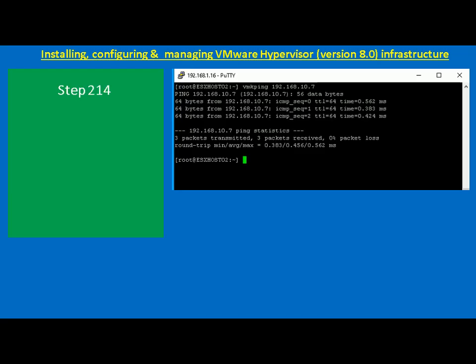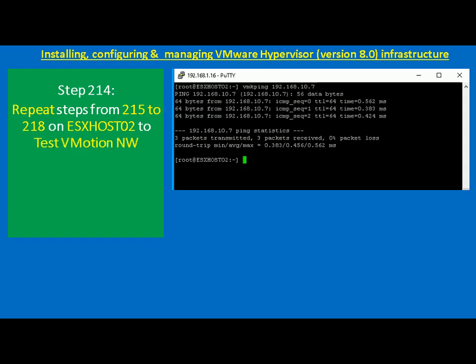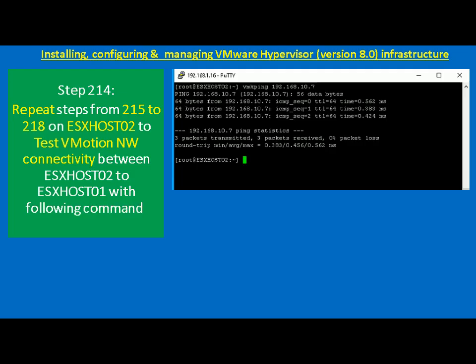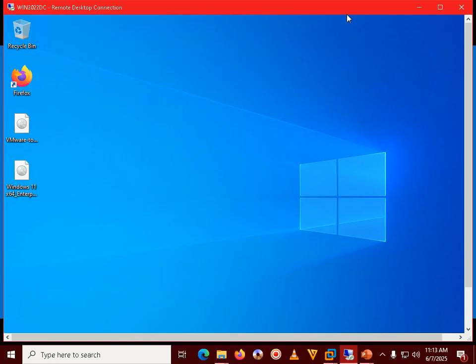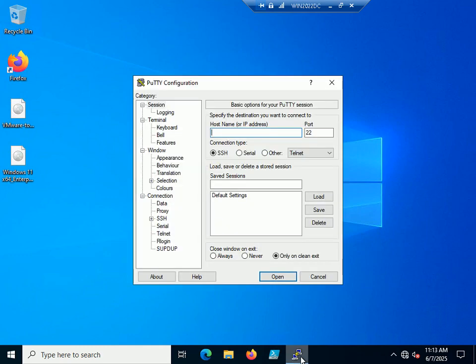Okay, next is now we need to repeat the same step from ESX host 02 to 01, right, to test the VMotion network connectivity between ESX host 02 to 01 with the following command. So vmkping 192.168.10.7. Okay, so I will come back to my DC. One more time I will open putty session. This time I will take a session